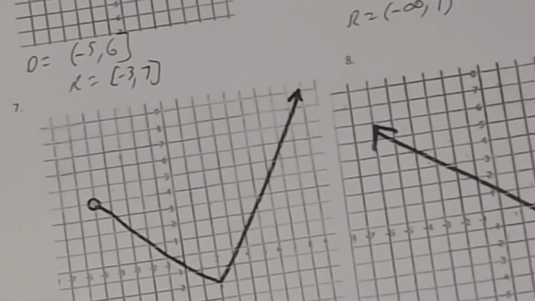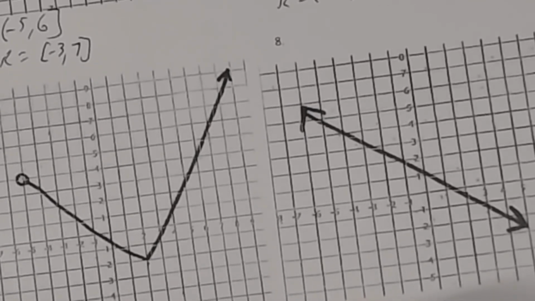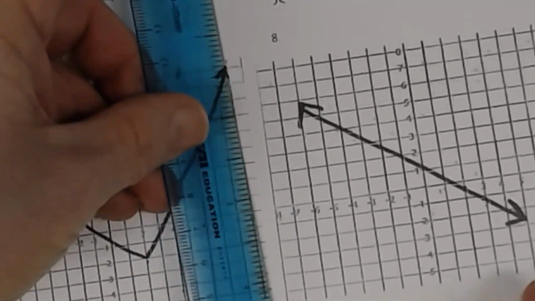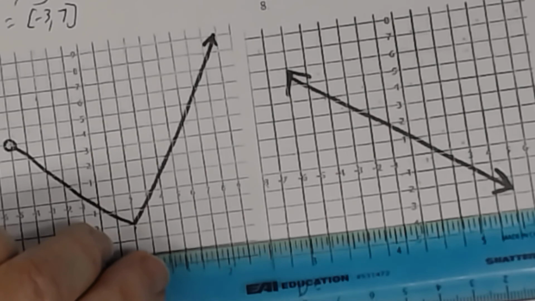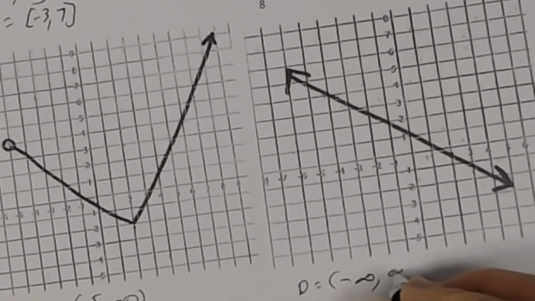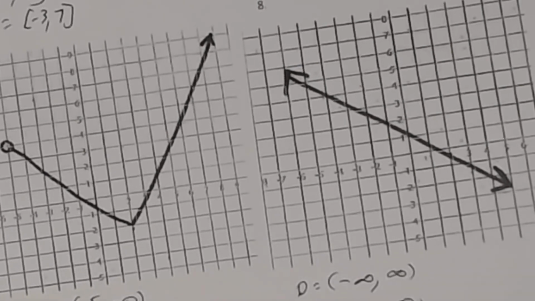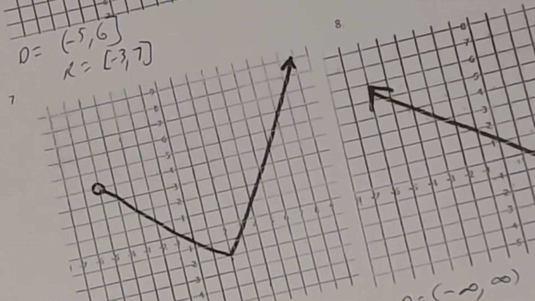Okay, the next one, notice this is a line, the arrows on both ends. So the domain will be from -infinity all the way to infinity, and the range is also -infinity to infinity. All right. Then number 9,